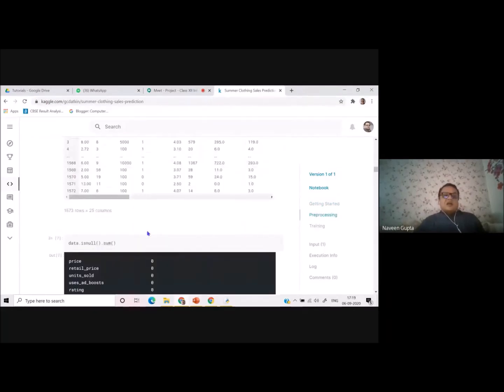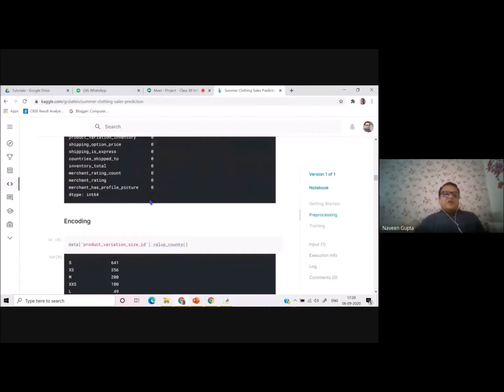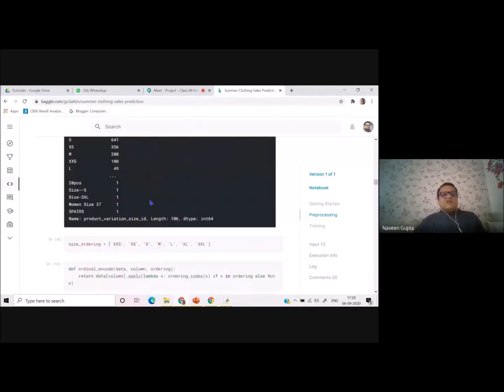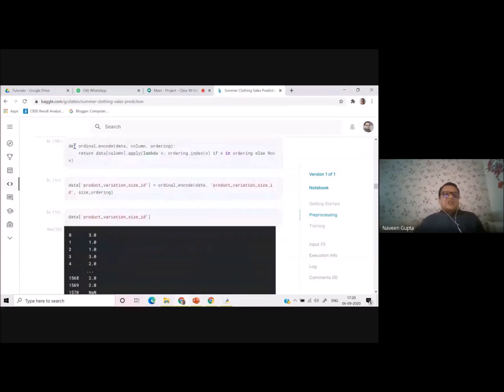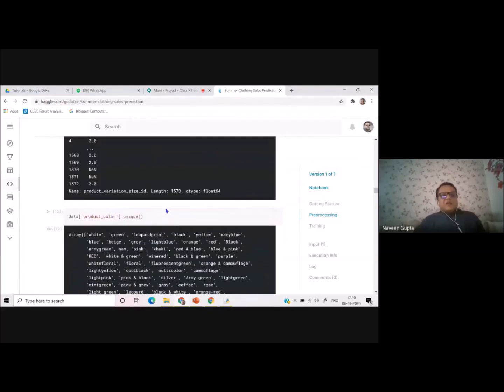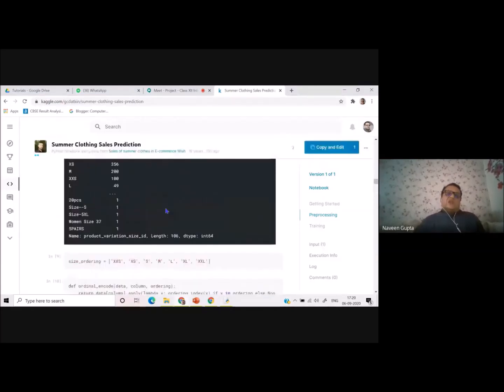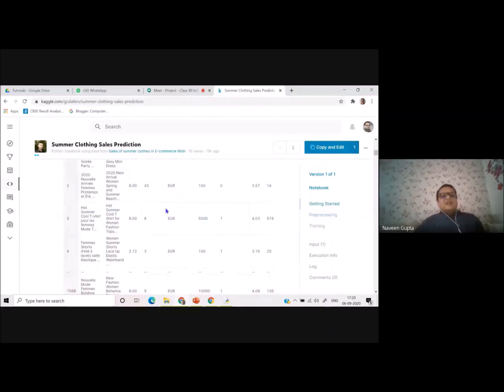So an inbuilt project is also there. What we can do is make it a menu-driven program to show the working of this particular data set. If you see, he has written the function as well. So this is an inbuilt project available on Kaggle, and the person who developed it is analyzing the data for a particular purpose.